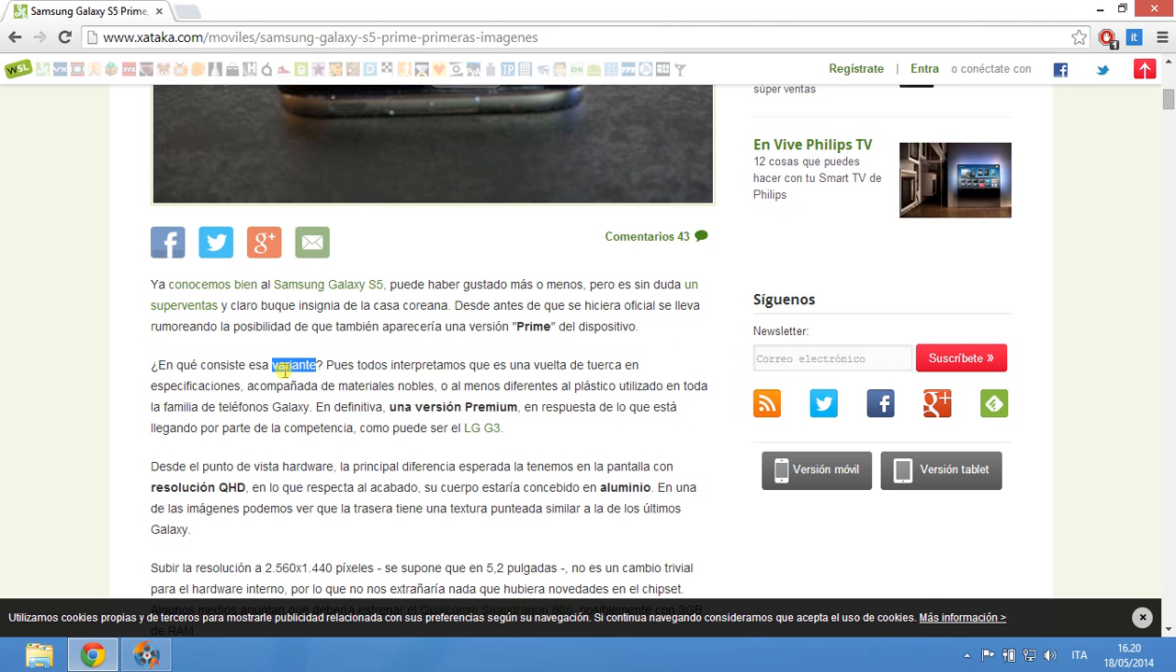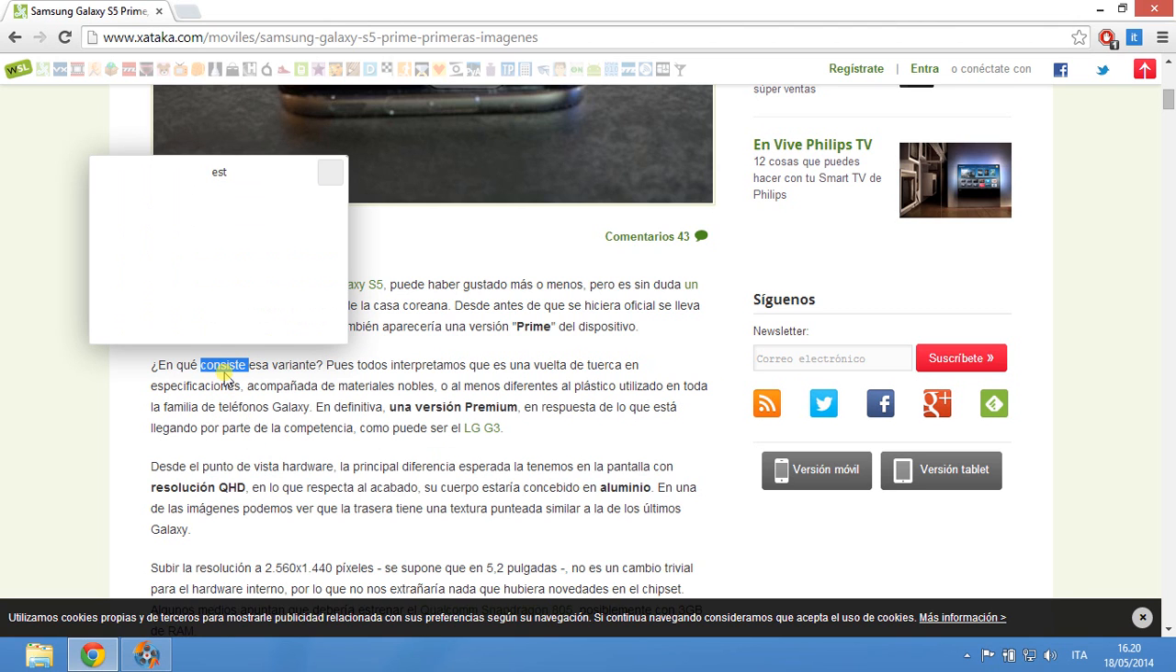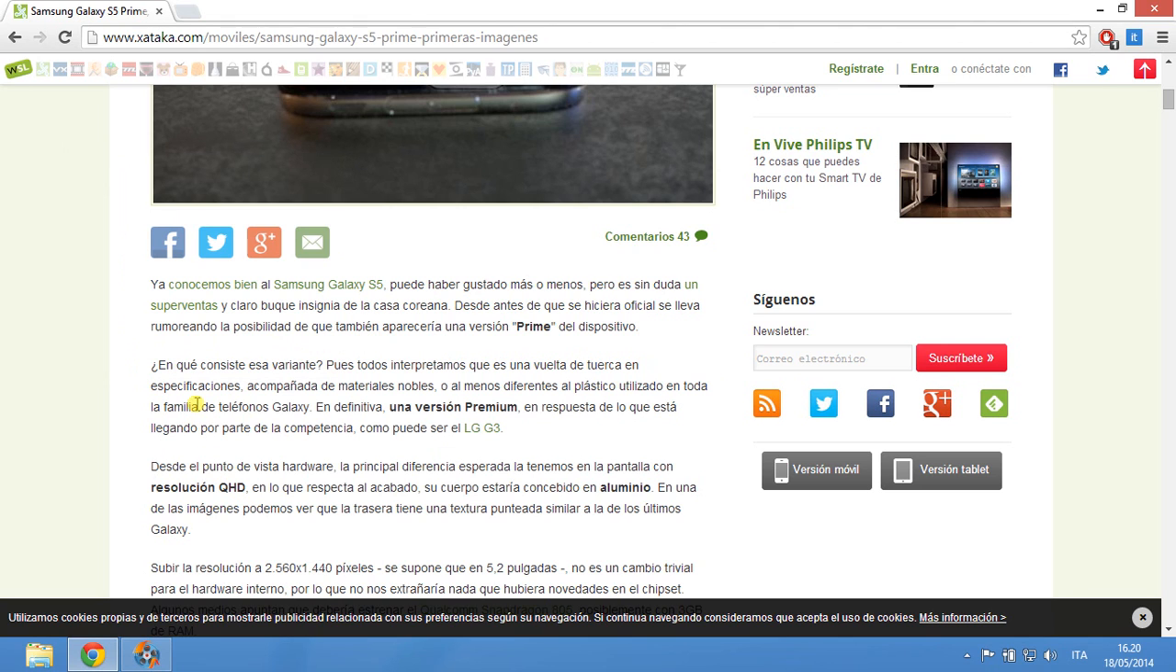Variante is similar to variable. And these are very simple words. So you just click here. And this means about the verb to be. So, what's this variant? And it says,